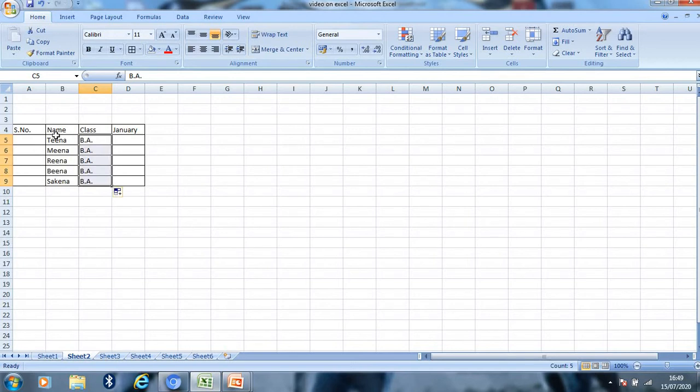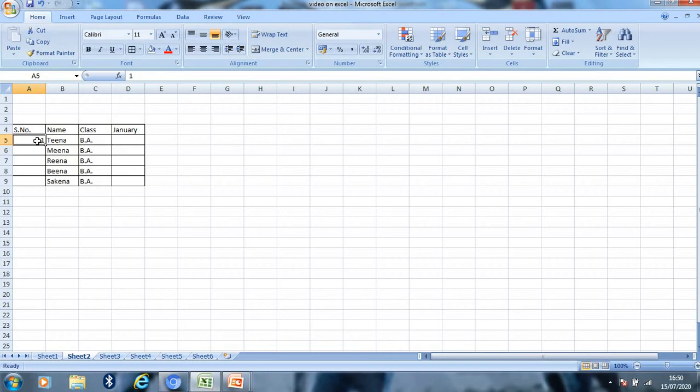Okay, now autofill a complex series. For example, you want to fill the serial number here. Serial number cannot be repeated all the time. If I typed here 1, and likewise in the repeated autofill, if I do here, then all the rows will contain 1 1 1, but I want a complete series.